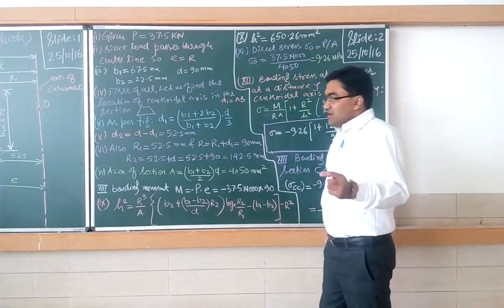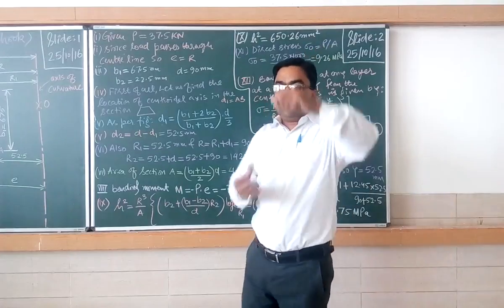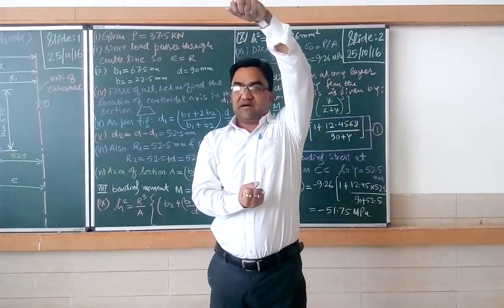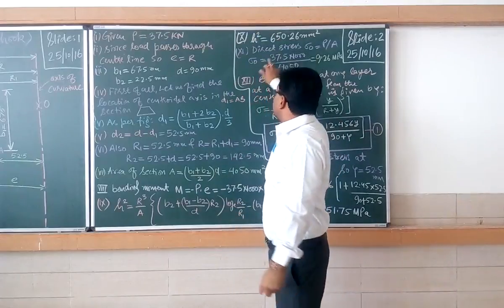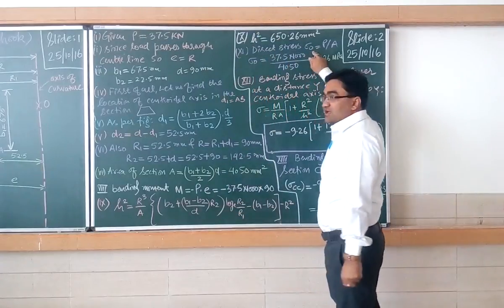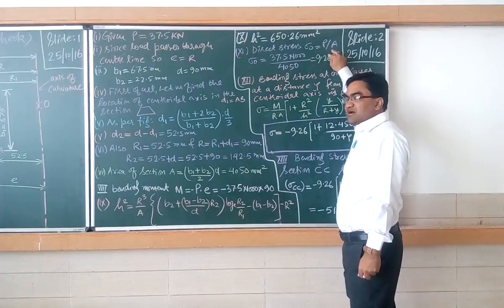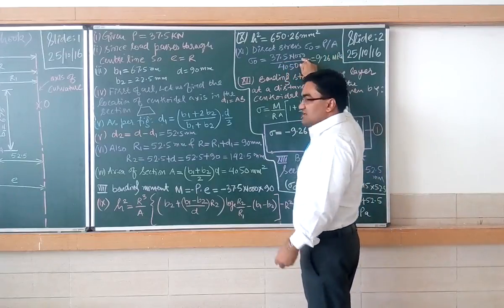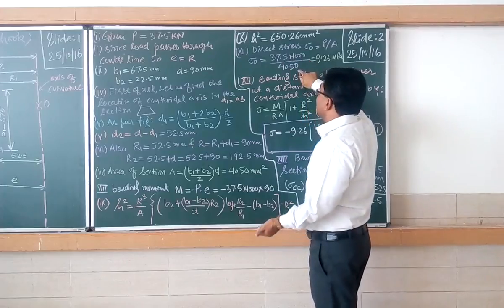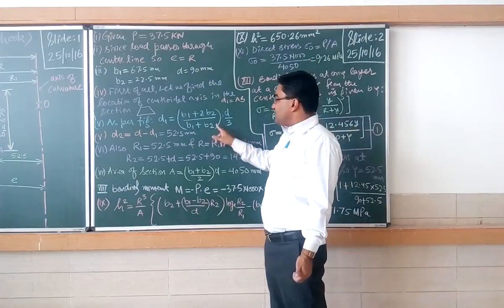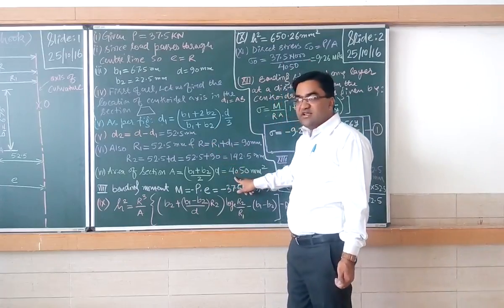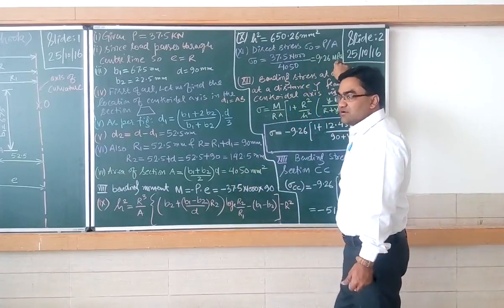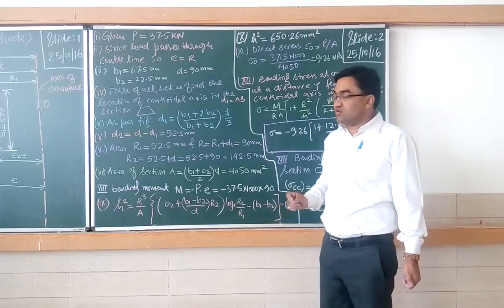Now apart from the bending stress, if you are putting a load on a body like this, direct stress comes into the picture. That direct stress is given by sigma naught equal to P, the load, divided by the area. So load is 37.5 into 1000 because it's a kilonewton, divided by area. This is the cross sectional area. This is 9.26 megapascal or Newton per mm square.